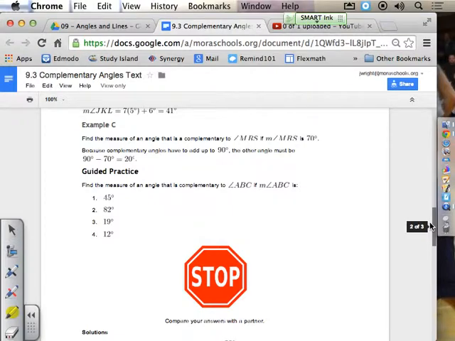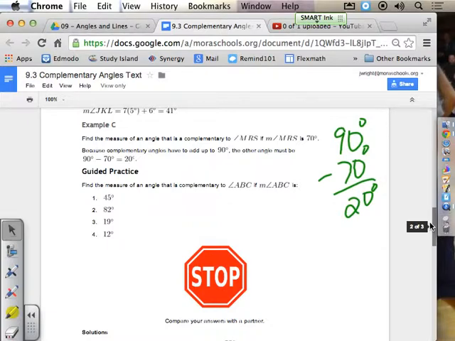If I tell you that angle MRS, you don't even have to see it, is 70 degrees, and it is complementary to another angle, what is the measure of the other angle? Well, if it's 70 degrees and they are complementary to each other, they have to add up to 90 degrees. So I can take 90 minus 70, which is 20. And you should always be able to figure that out once you know that complementary means add up to 90